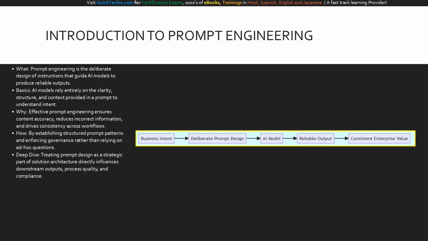Why does this matter? In enterprise environments, effective prompt engineering ensures content accuracy, reduces incorrect information, and drives consistency across workflows. How do we achieve this? By establishing structured patterns rather than ad hoc, unstructured questions. As a deep dive, treating prompt design as a strategic part of solution architecture directly influences downstream outputs, process quality,